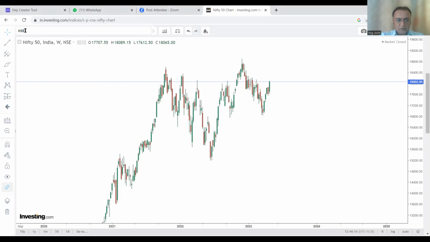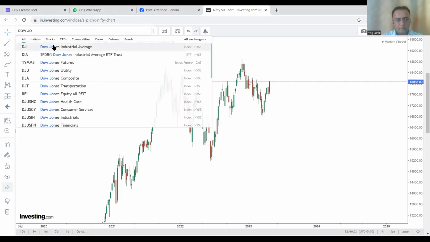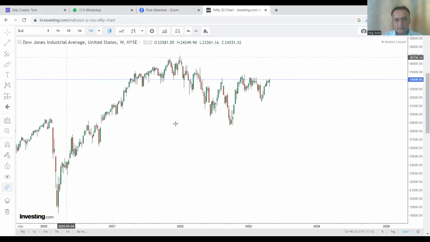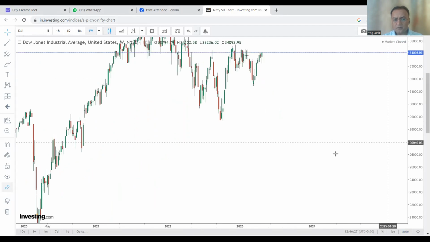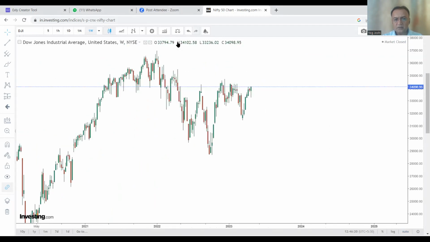If you think about the Dow Jones, it has also made a reverse head and shoulder type pattern. This reverse head and shoulder type pattern is known as a trend reversal pattern. This is the neckline. It is a slightly complicated area for beginners. This is some advanced technical analysis.